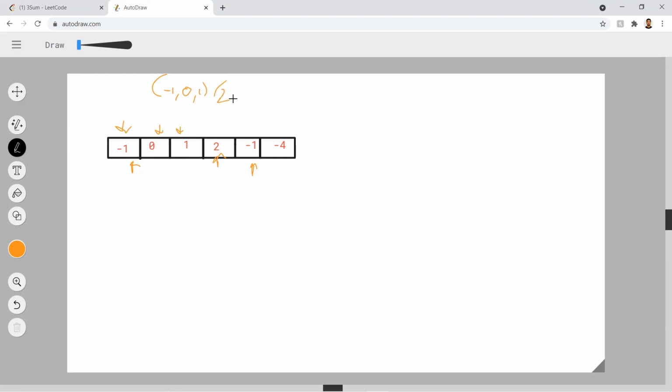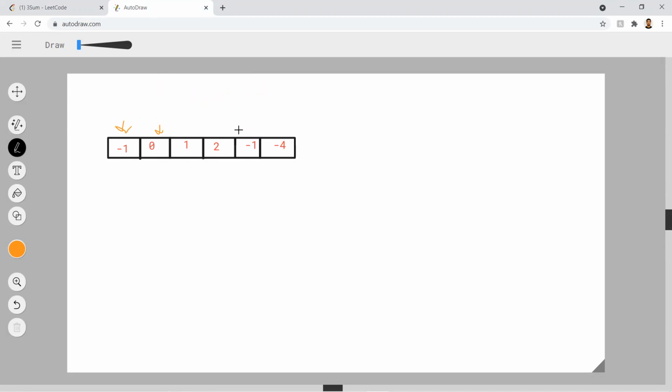Now we can see that in this solution, -1, 0, 1 is a solution. Also, 0, 1, -1 can come as a solution. But as the question is asking us to return non-duplicate elements, we won't take 0, 1, -1 into consideration. Now, after understanding this problem, let us think of a brute force solution.